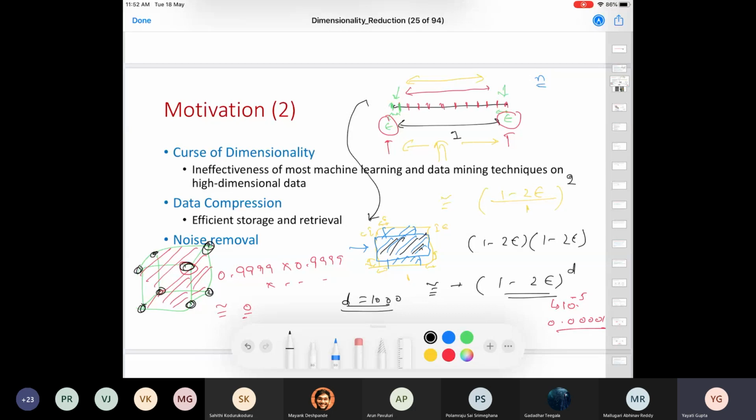Effectively, if you want to increase the dimensionality of your data set, you need to add more samples. In general, if you're adding more features, there is going to be more redundancy in your data set. To reduce this redundancy, we may try to reduce the dimensionality of our data set while retaining the same number of samples. So we get more information as we have more samples with fewer features. And obviously there is a data compression advantage when we do dimensionality reduction.